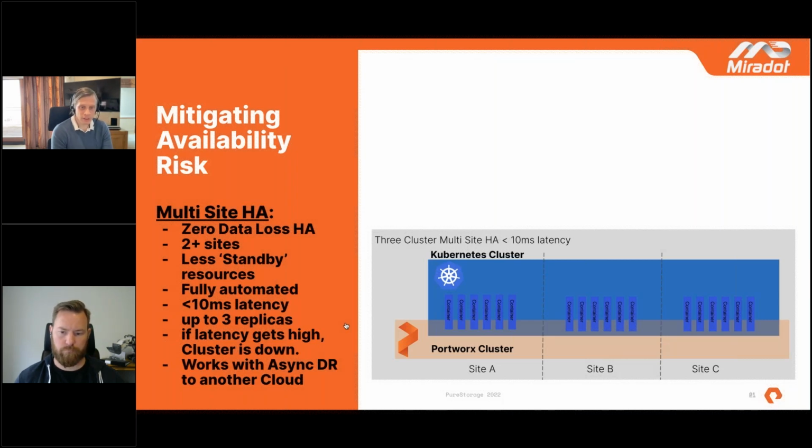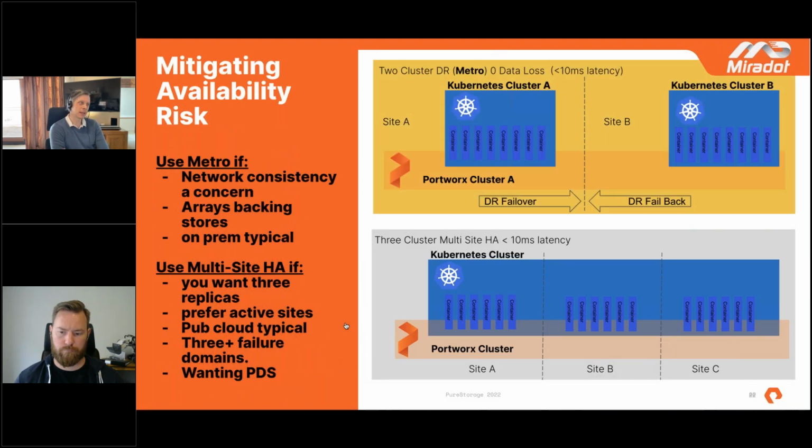And when I contrast the two of these, here's how I tend to think about it. Now, the 2 data center model has been around a very long time. We see this in a lot of customers who do on-premises themselves, and I tend to see Metro being used in those scenarios. So I would use Metro if network consistency is of a concern. Often you have arrays backing the storage. Those arrays have resiliency built into them as well. In fact, you can get resiliency on resiliency on resiliency if you're not careful, and that can use quite a lot of storage, because you could have RAID 1 on the disks,